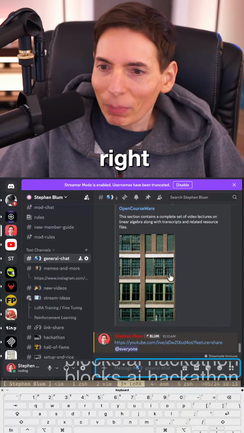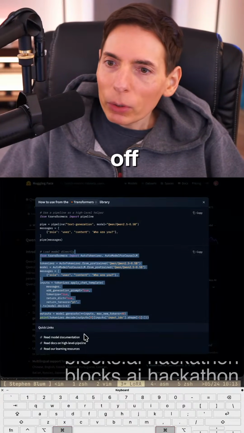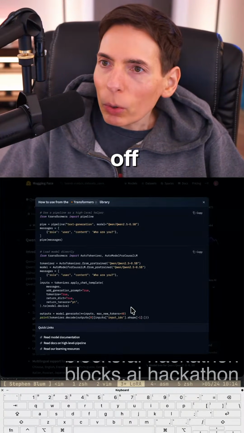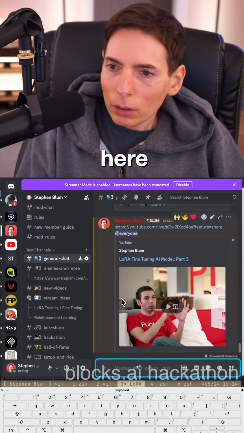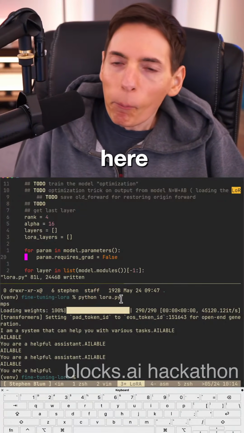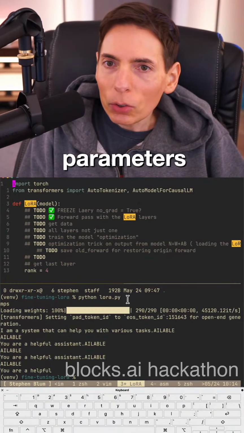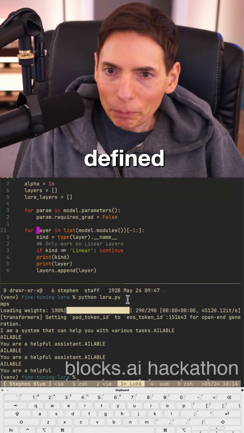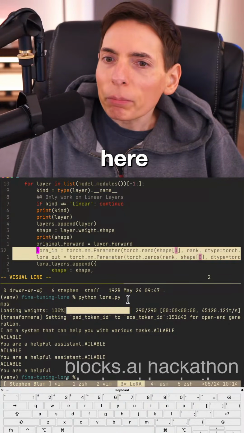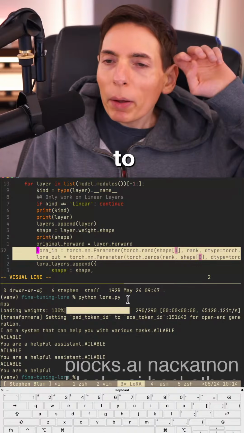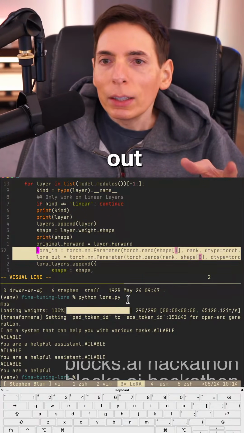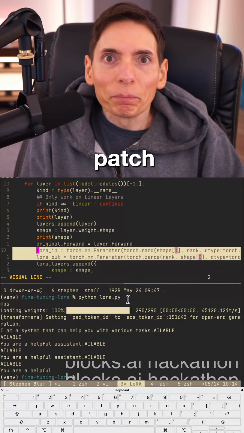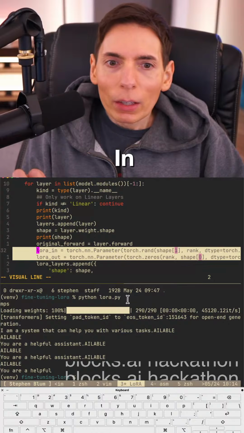All right, so where did we leave off? We left off right around here, where we've got our parameters that we've defined. Right here. And we need to pass that out of our monkey patch into